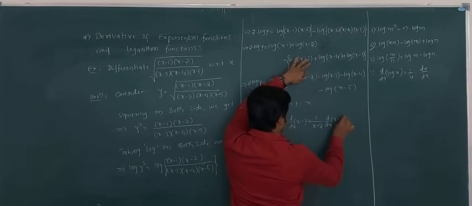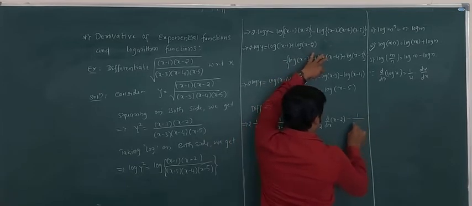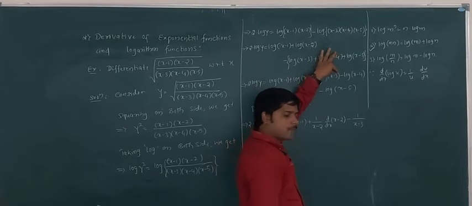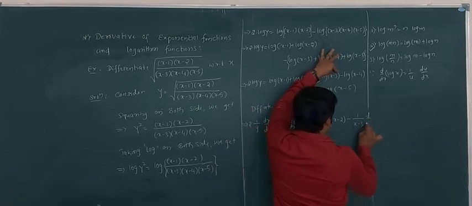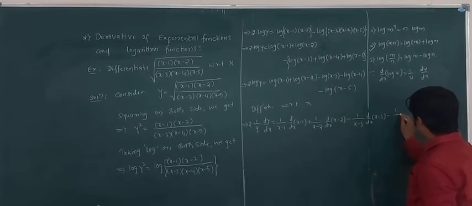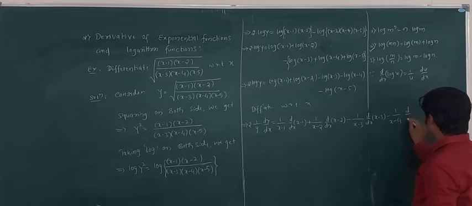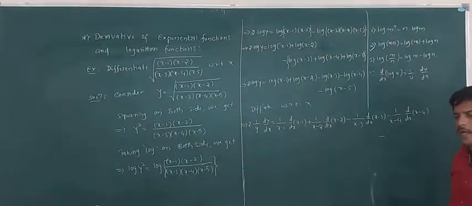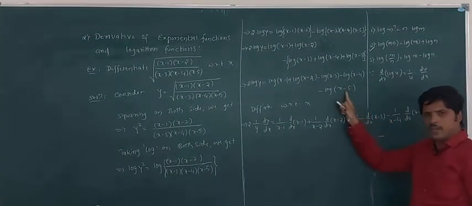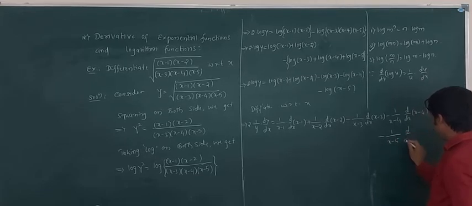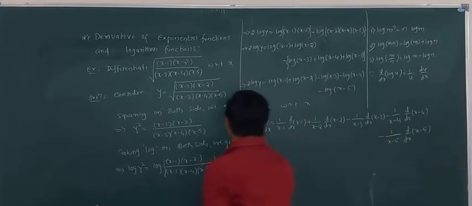minus 1 upon (x minus 3) into d by dx of (x minus 3), minus 1 by (x minus 4) into d by dx of (x minus 4), minus, for the last term again, in place of u we have x minus 5, that is 1 by (x minus 5) into d by dx of (x minus 5). So this is equal to